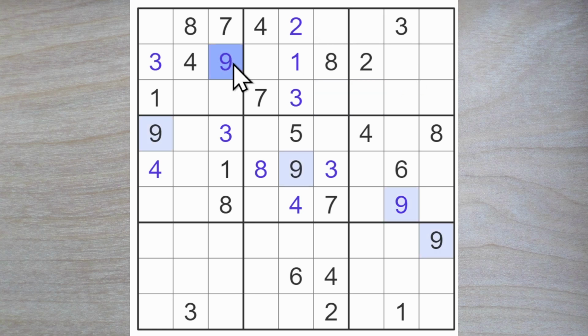So here's a 9. This 9 and this 9 block down, and this 9 blocks across. So here's a 9. And we agreed also that one of these must be a 1. Now we took away this square from being a 1, and therefore we can enter a 1 here. This 1 and this 1 block across. Now we know that this is a 1. And that more or less solves this block 5 here, because now the 1 blocks up, giving me a 1